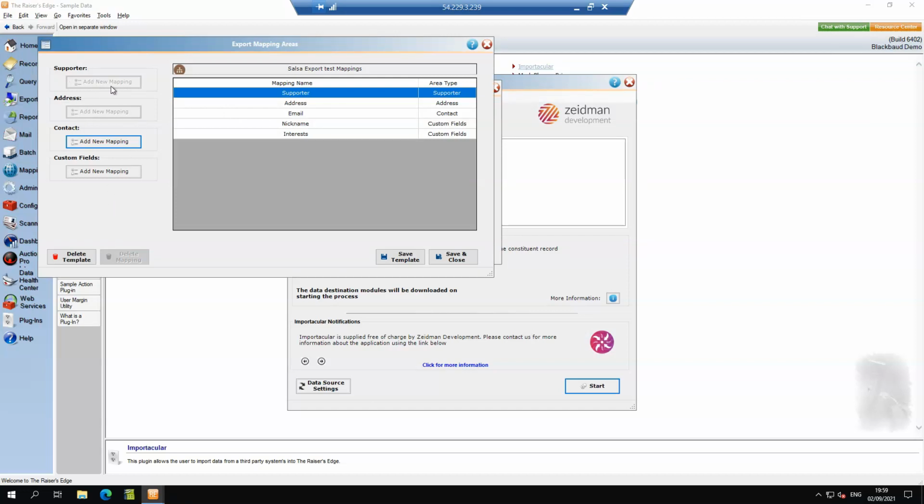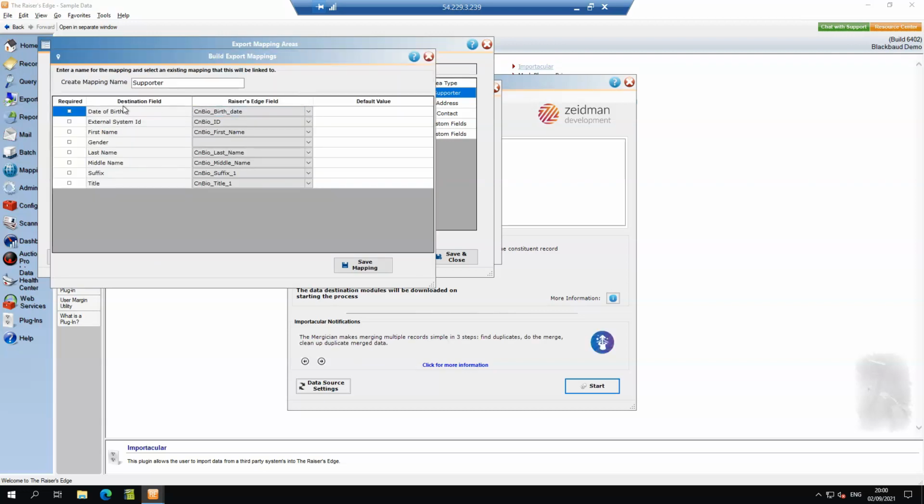We can work with our supporter with an address, we can add contact information, and we can add custom fields. Now, because we have already mapped a supporter and an address, those are grayed out, but we can look at what we have mapped. So let's start with our supporter. So you can see here